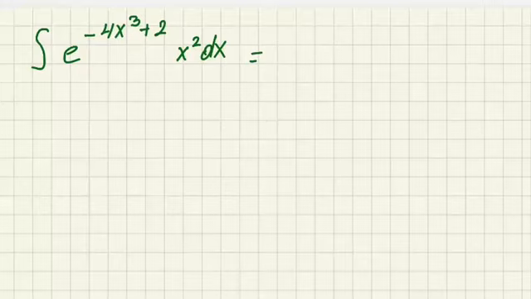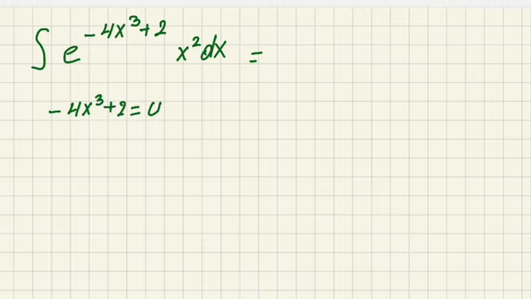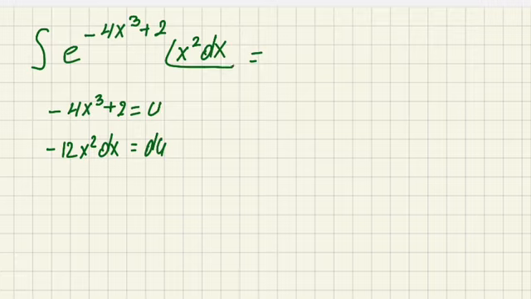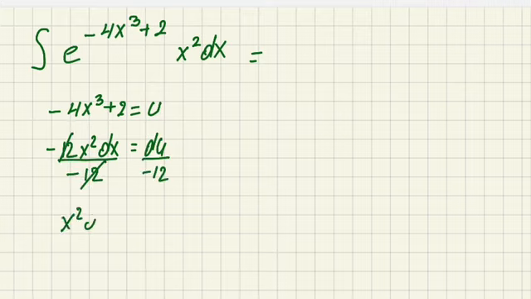To solve this integral, first of all, I need to substitute minus 4x to the third power plus 2 as u, which means that the derivative of u, du, is equal to minus 12x squared dx. Since we have only x squared dx, for this reason, I need to write x squared dx. I'll divide both sides by negative 12, which means they cancel out and I have x squared dx